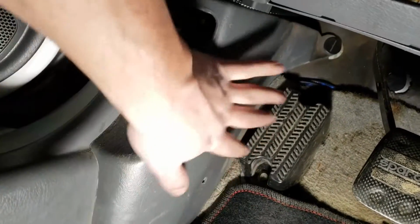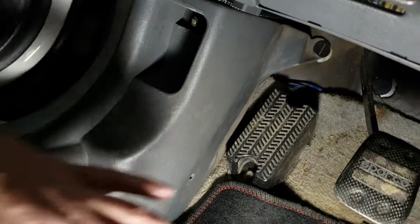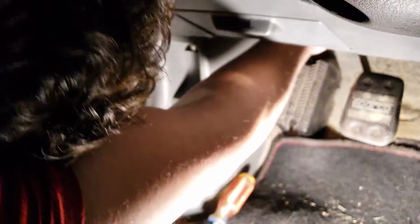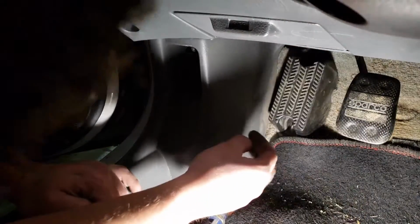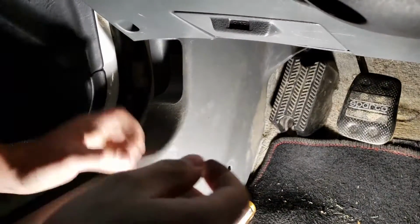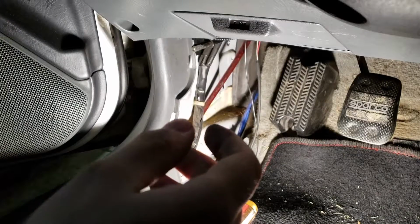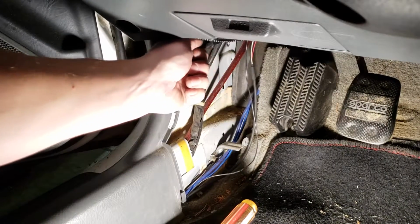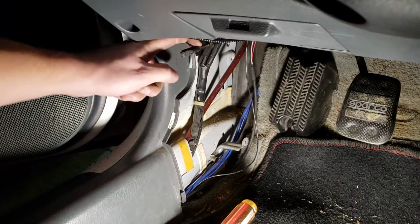I can't remember if there are any clips holding it in place. There might be, but it will pull out after I remove that. I'm just going to yank on it. There you go. Next, you can see if I pull on this, there's this plastic on the end here,